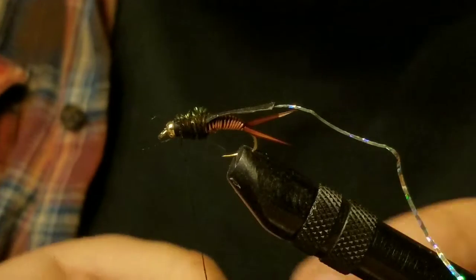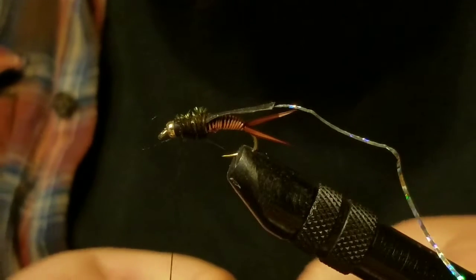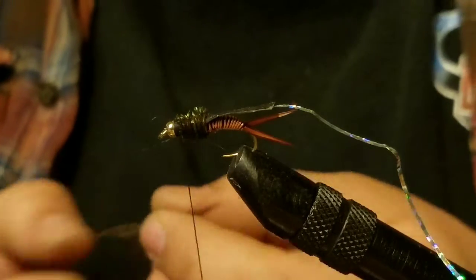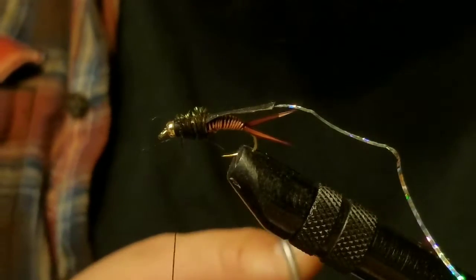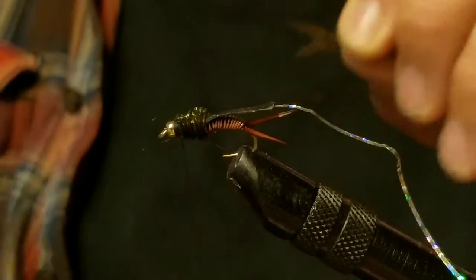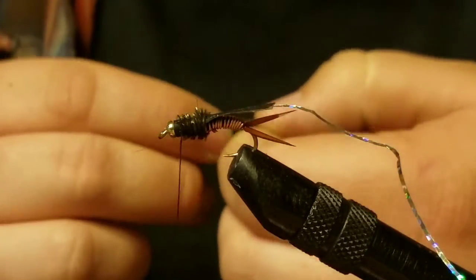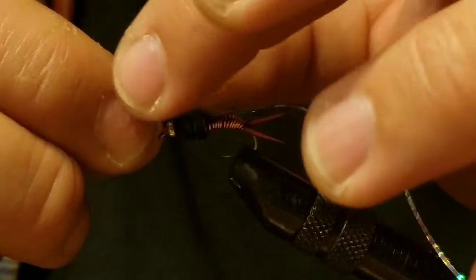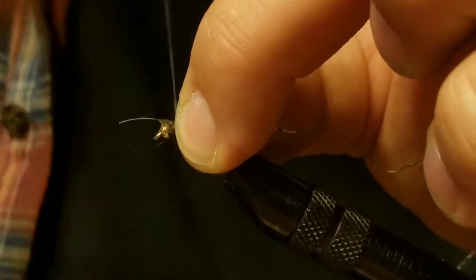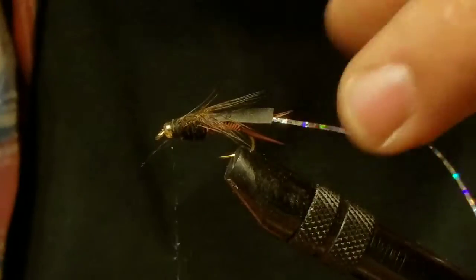And you'll see, I'll show it in a second. But it makes it a lot easier to just secure it and make even-looking legs or wings or whatever you need to make. It just makes it a lot easier. So you end up with a piece that looks like that. And then secure that down there, just like that. Couple wraps, pull it over, couple more wraps,